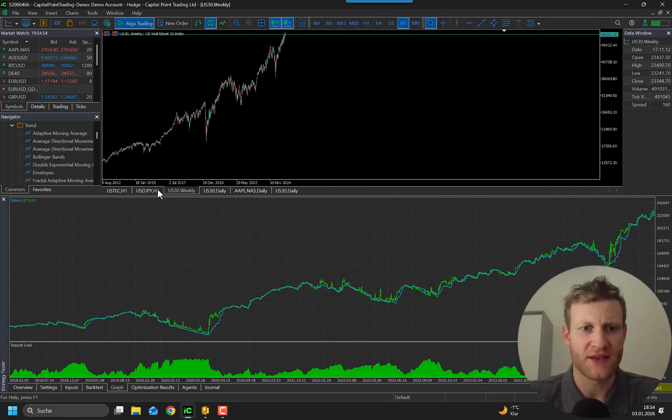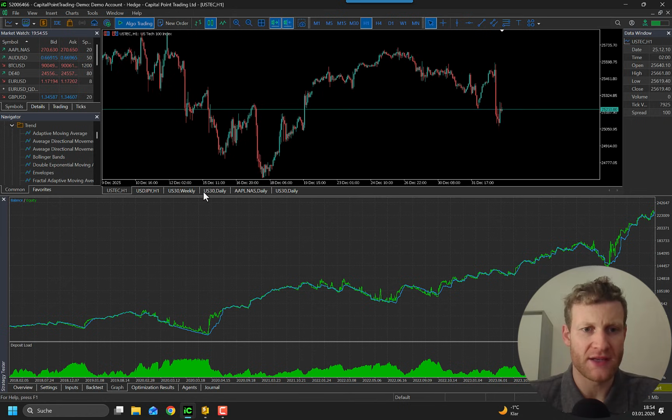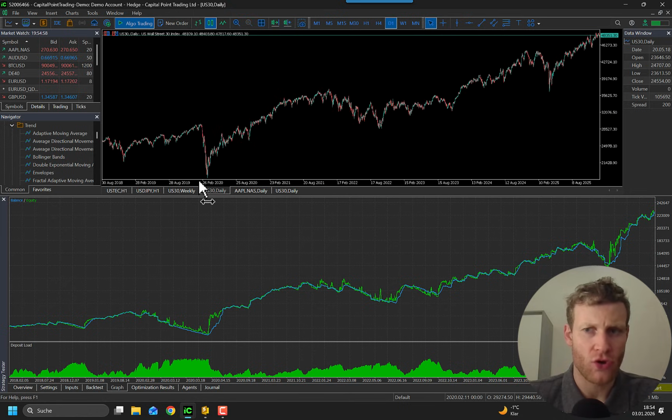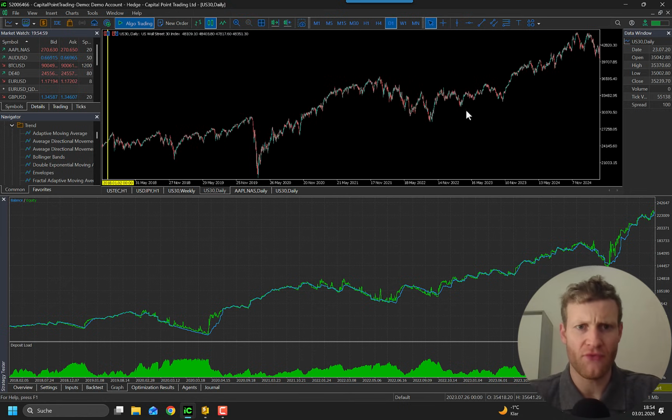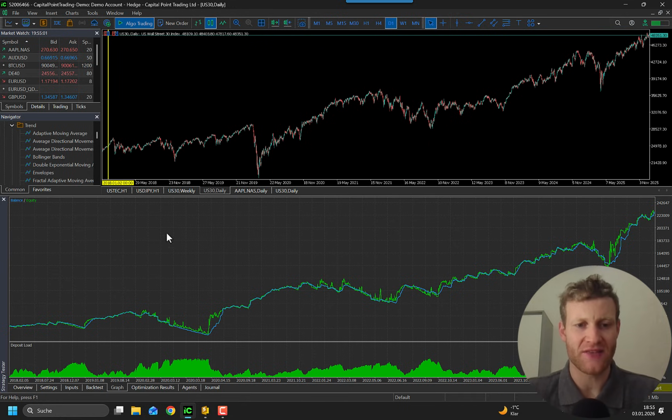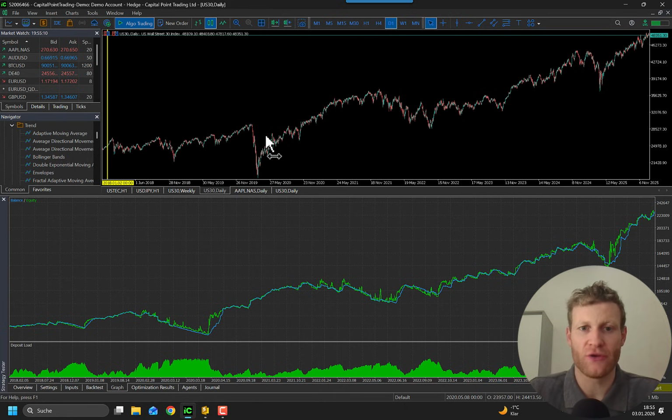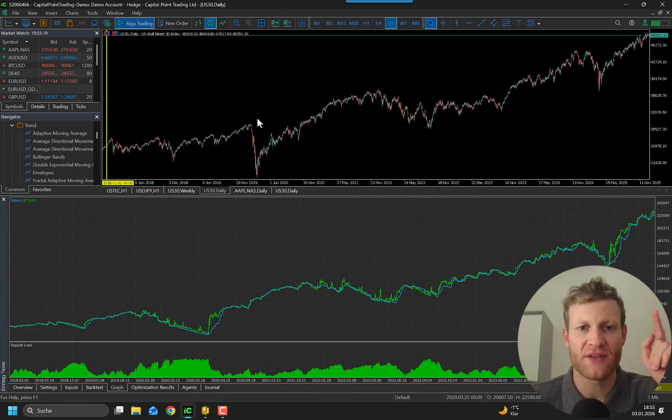Also, it's very interesting if we compare it to my long-term chart here for US 30. You can see that the graph looks very similar. So we are able to mirror, or at least have a similar performance to the index. If we have a look at these drawdown periods, they're similar to the ones in the actual US 30 index, but the big benefit that we have here is that we can still modify this template